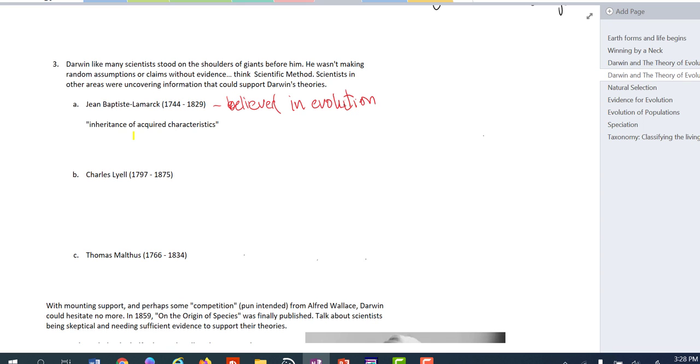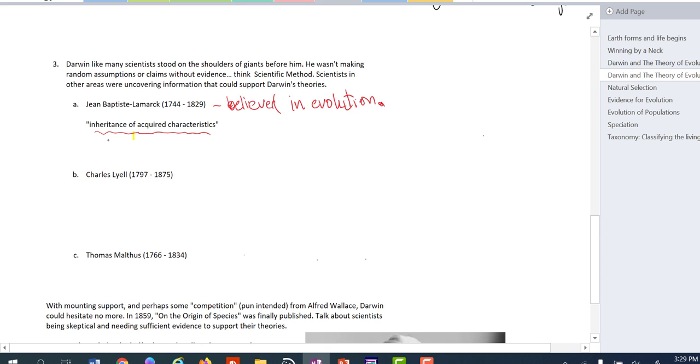So Lamarck believed in evolution, but he had a bit of a different notion. He also believed in descent from a common ancestor, but he had a different idea in terms of the process of how it occurred. He didn't present it in the same way as evolution by natural selection. He presented it as inheritance of acquired characteristics. And this is a little bit like what we talked about last week in my idea that perhaps I could go to the gym, build some big Arnold muscles, and I would have offspring built like Arnold, right? This inheritance of acquired characteristics.